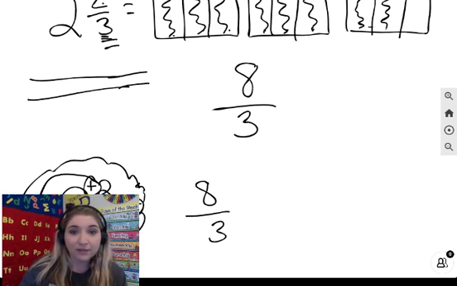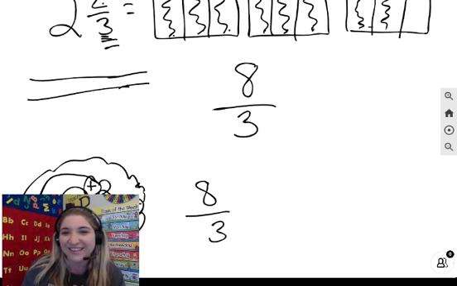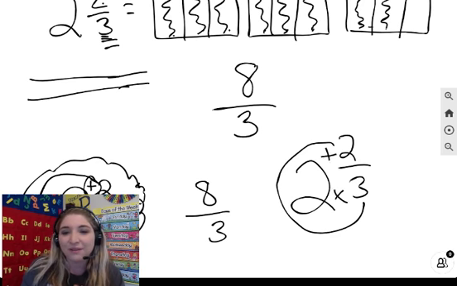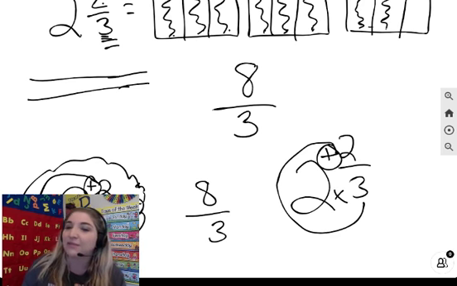And I just realized you cannot see my mixed number because my head is in the way using the C method. So I'm going to come over here and redo it. So there's 2 2/3 using the C. We do 3 times 2 plus 2. 3 times 2 is 6 plus 2 is